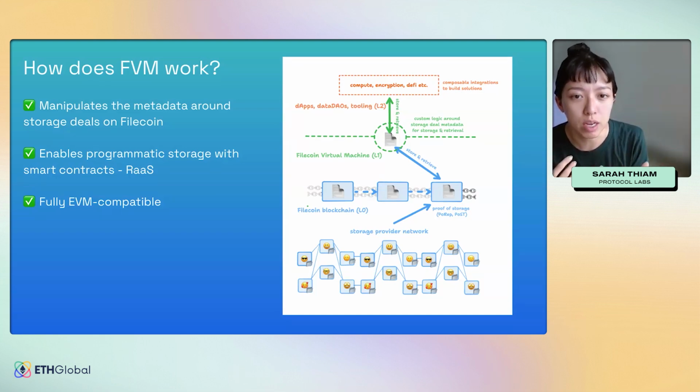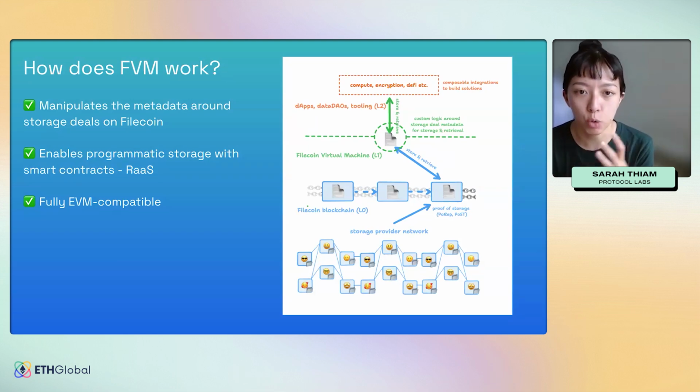If you wanted to make changes to your data or run queries, you would technically be calling the metadata of the storage deal. So if, let's say, you have your PCID or CommP, which is the proof of your data, that's what it will be calling, and then all that computation will technically happen off-chain or in a separate computation network like Lilypad or Co-op Hive. So the FVM works around the metadata of the file.